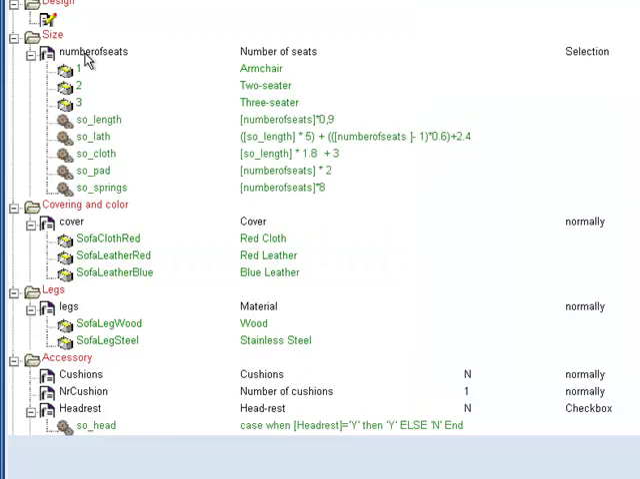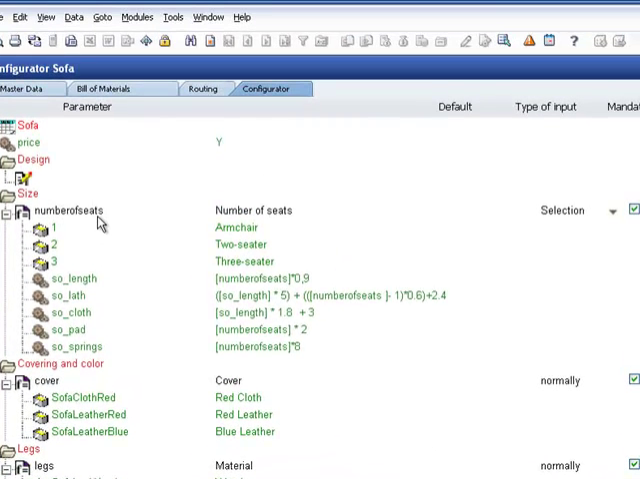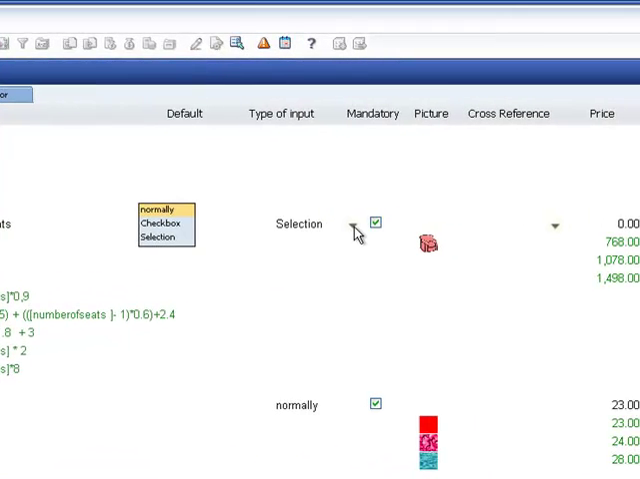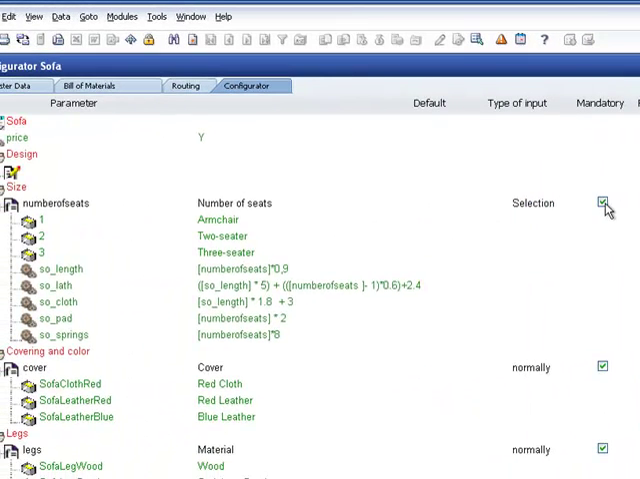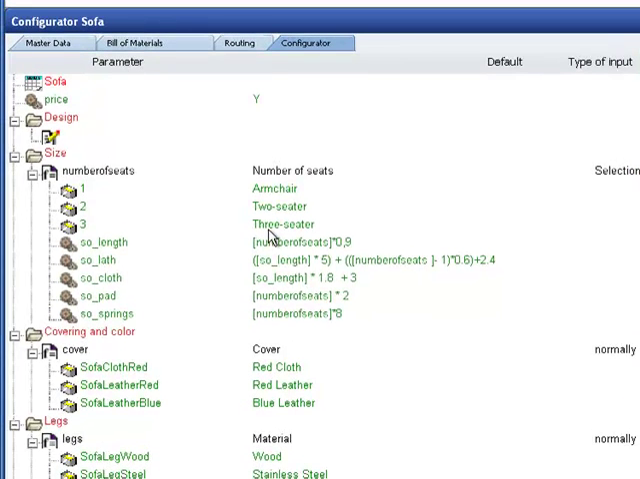Then we have parameters, this one. This parameter is called number of seats. A selection is presented. You can have a checkbox or text input field. You can say if this selection should be mandatory. These are the three objects which are to be selected. Below we have some variables connected to these objects. So for example, the sofa lathe, if we open it,